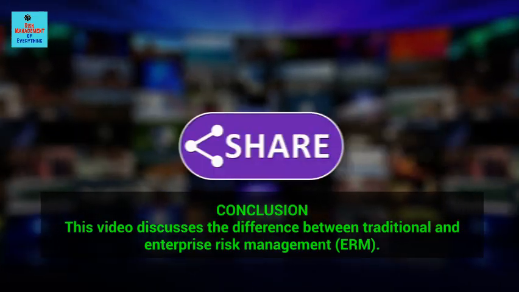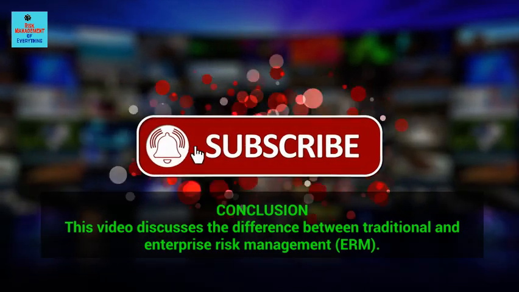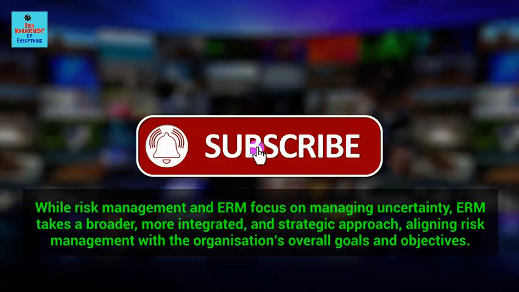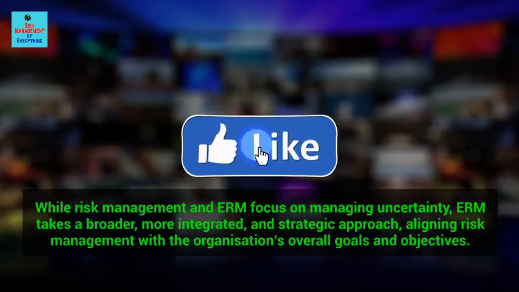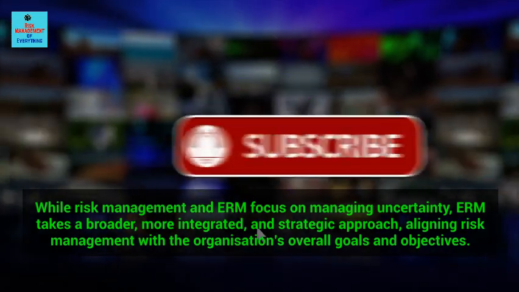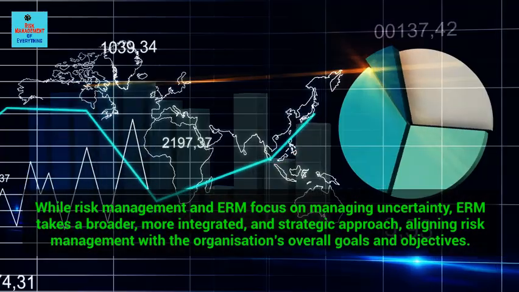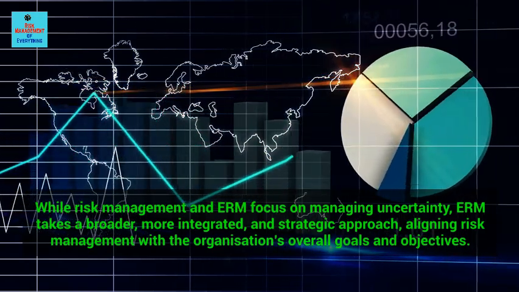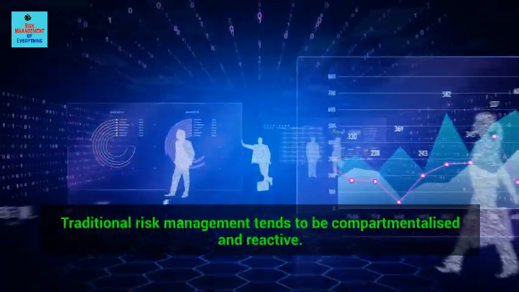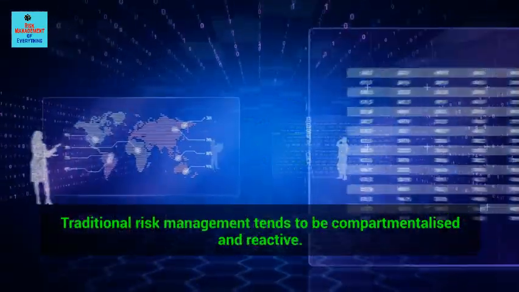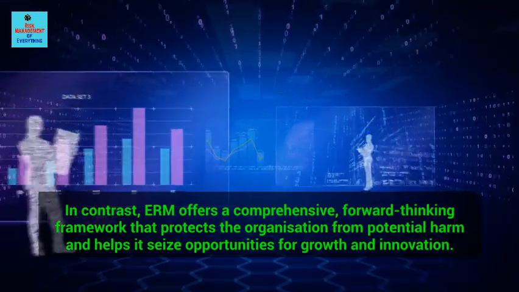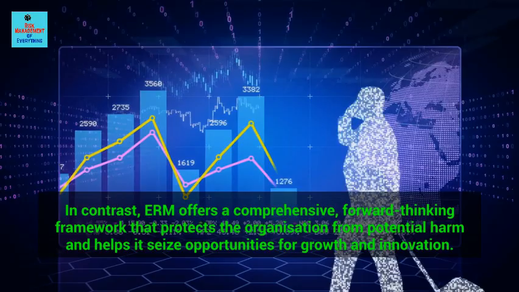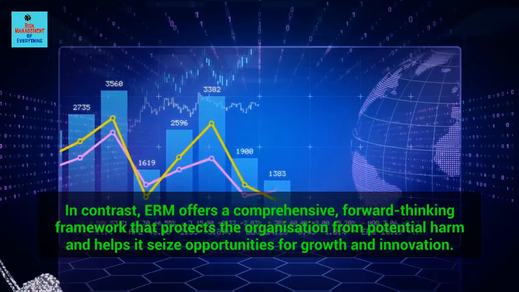Conclusion. This video discusses the difference between traditional and enterprise risk management, ERM. While risk management and ERM focus on managing uncertainty, ERM takes a broader, more integrated, and strategic approach, aligning risk management with the organization's overall goals and objectives. Traditional risk management tends to be compartmentalized and reactive. In contrast, ERM offers a comprehensive, forward-thinking framework that protects the organization from potential harm and helps it seize opportunities